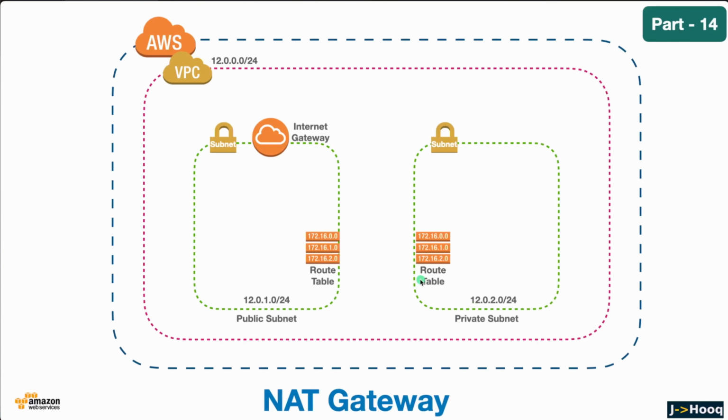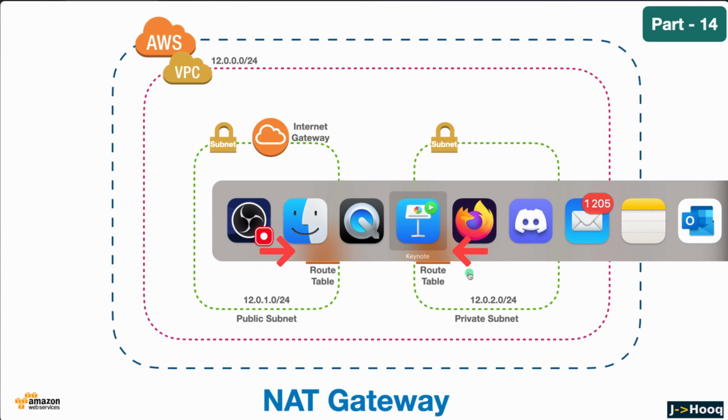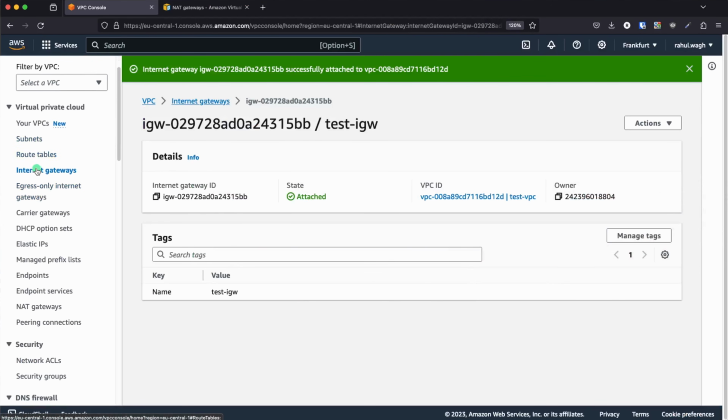And we are going to create 2 route tables. So here you can see in the diagram, in the public subnet, we are going to create 1 route table for the public subnet, as well as 1 more route table for our private subnet. So let's go back to our AWS console, and in the left navigation menu, you will find the